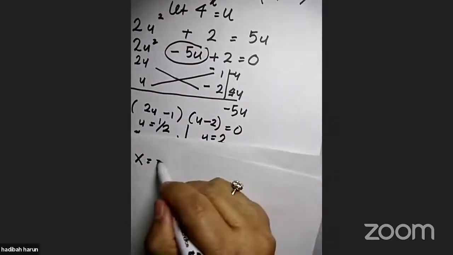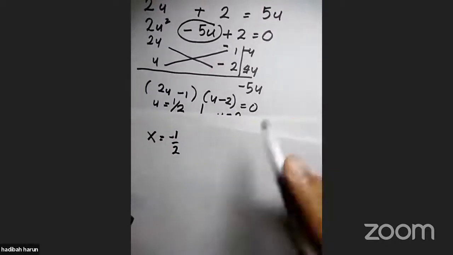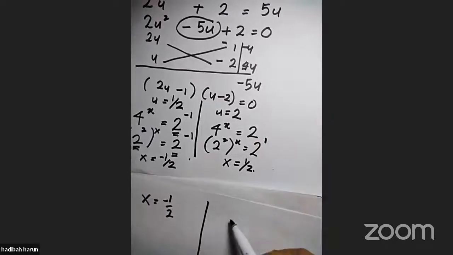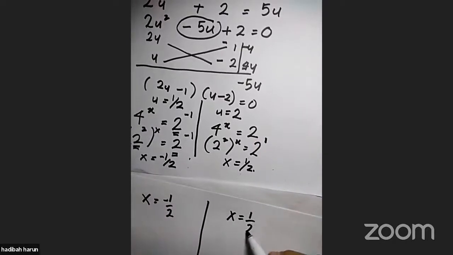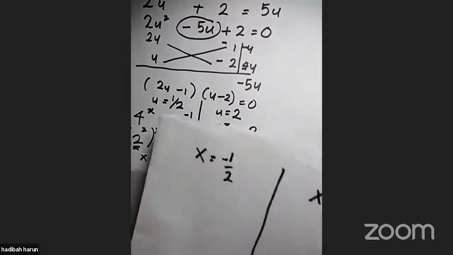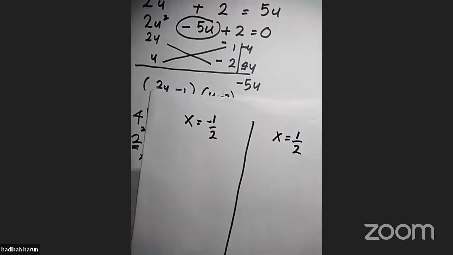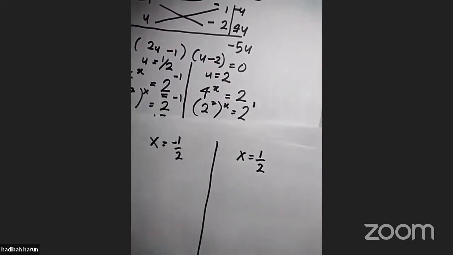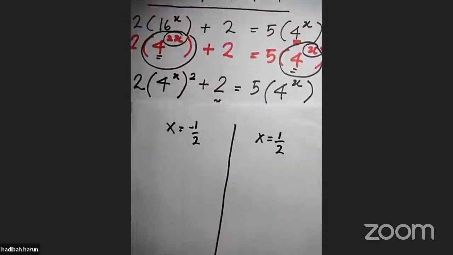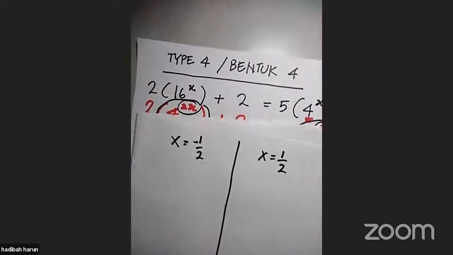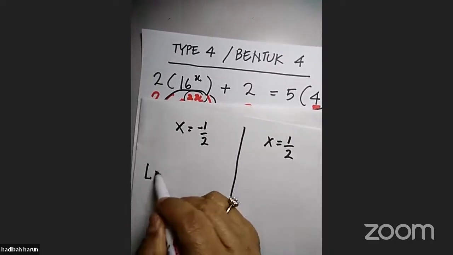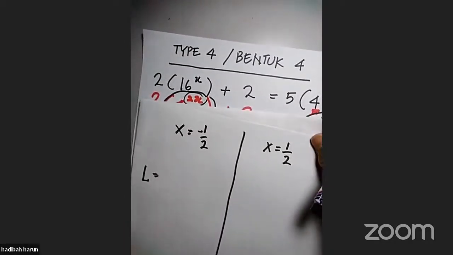X is equals to negative half, and another answer will be x is equals to half. Okay, you need to do both, yeah, in order to get perfect marks, okay, in your examination. So on your left, okay, I show you whatever on your left. So this will be first method,